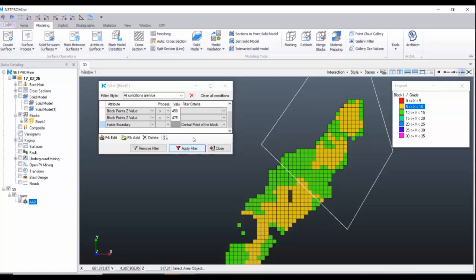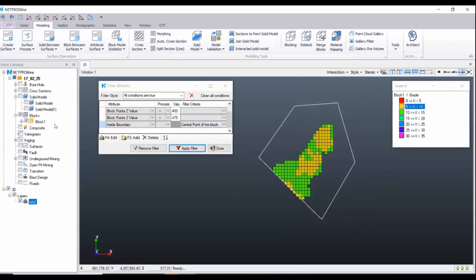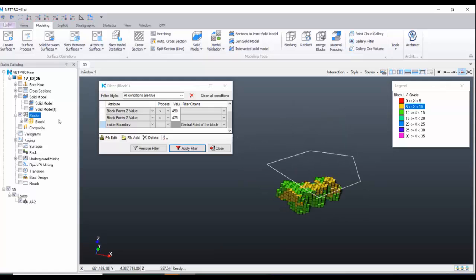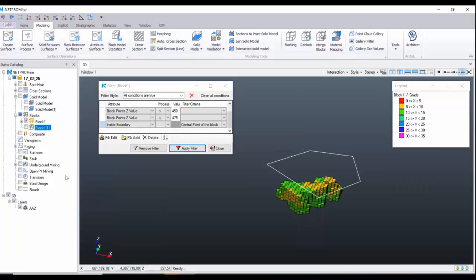I will apply the filter. Now it will ask the area object to me because we selected inside boundary. When I select the boundary, it will filter the block model that I have. Now I can create a copy of it. So the copy,